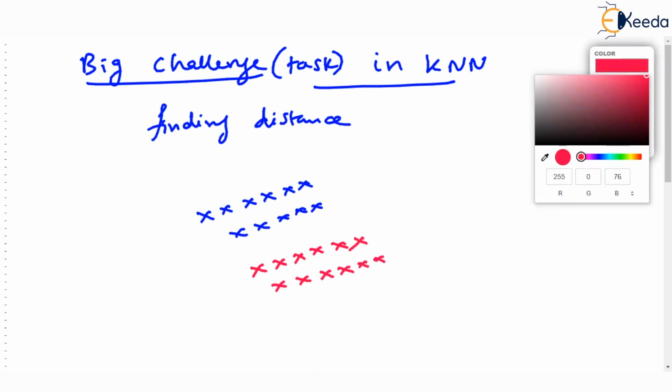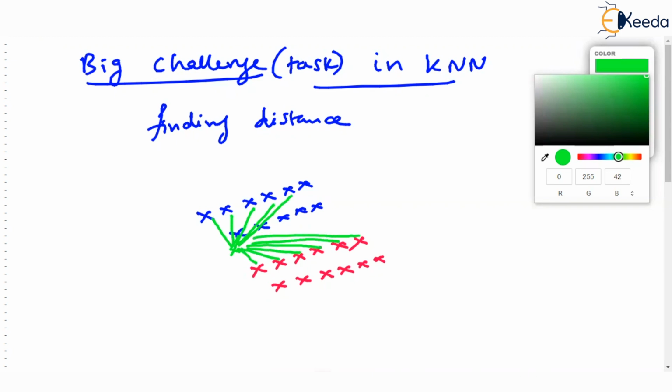And we are given some query point over here. Which class it belongs to, we are asked. Okay, then what do you do? How do you predict which class it belongs to? What you do is you literally find the distance of this point from every other point. From all the points you find distance. Not only this, from all the points.